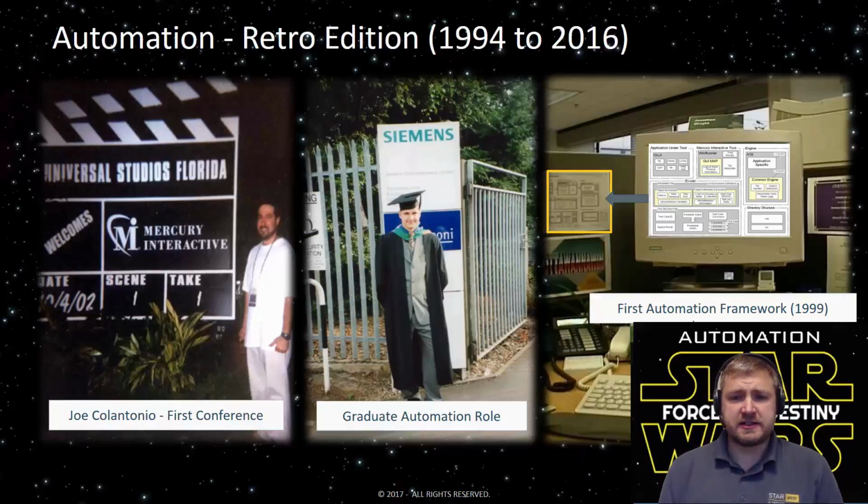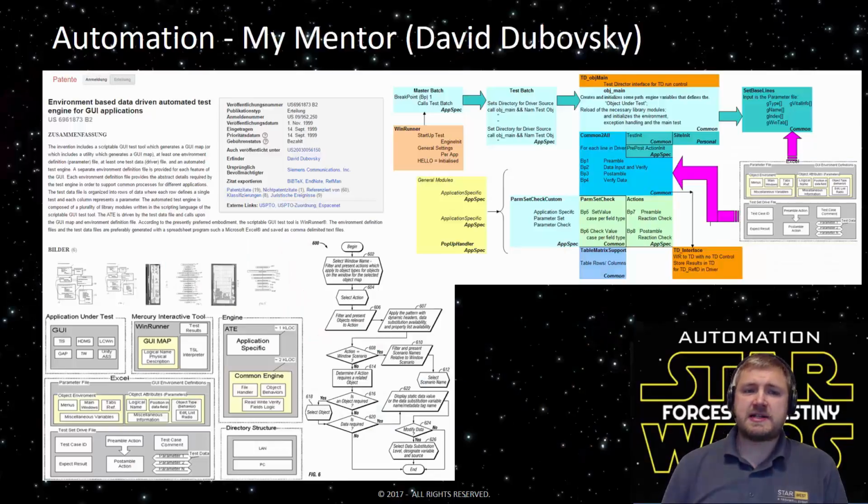And as I started, as you can see from the right hand side on my wall, I'd already started working with quite an advanced framework. This framework had already been patented back in 1999. It was quite evolved, and they'd already started using both flat files for doing parameters such as object repository, and also driver files for dealing with test cases and test steps. As you can see from the top right hand corner, this framework was made up of a number of different components.